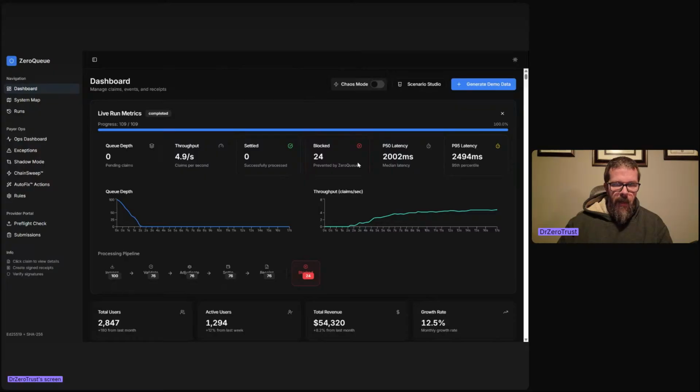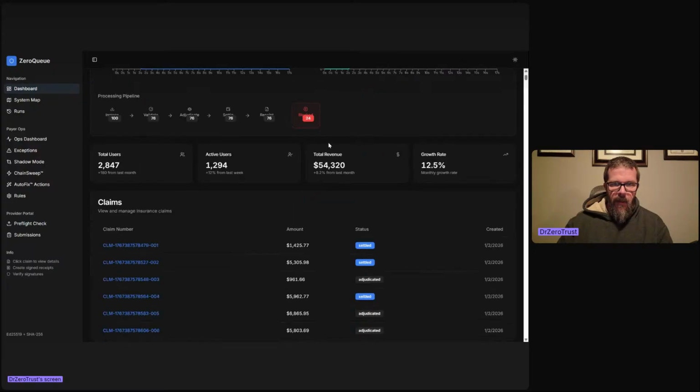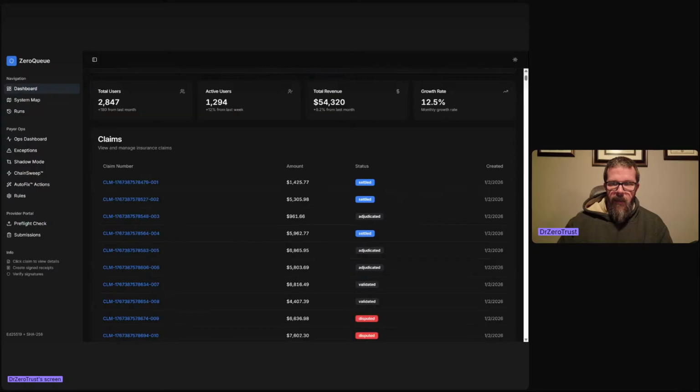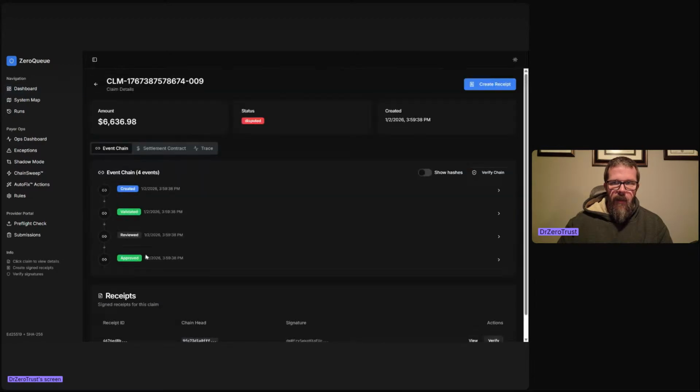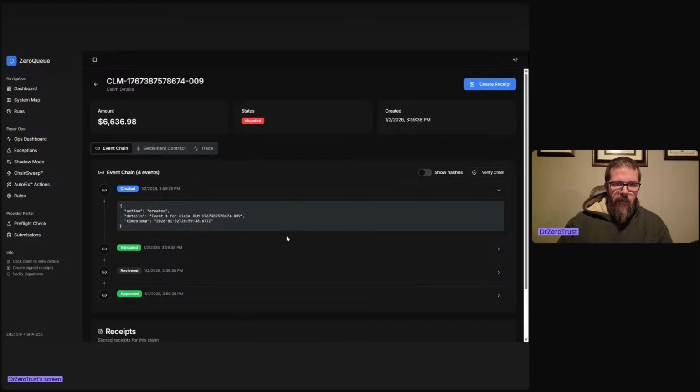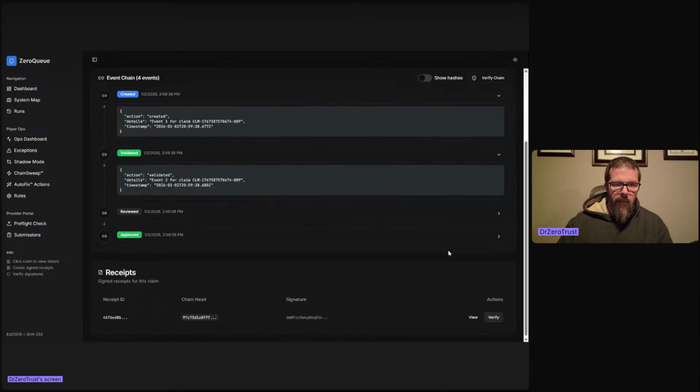Now, what does that mean? Blocked means that there was a weird or strange anomaly that occurred and we have a problem with it we need to go fix. But the good thing is we can see there's a disputed claim. Okay, great. We look at the claim. It's for $6,000. It's disputed. And here's the chain. So like I said earlier about having immutability, you can track all of this and see what's going on and have a really good record of what's going to take place.